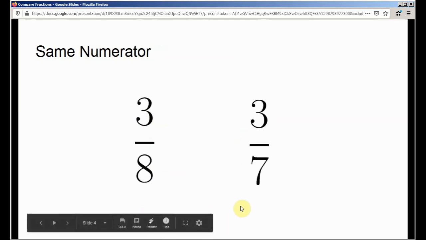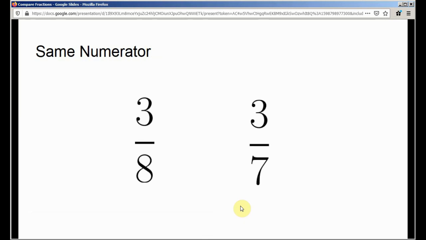Next, I have given another question asking you to compare these two fractions, and luckily these fractions already have the same numerator. So all I have to do is compare the denominators and see which one is greatest. By my rule 2, if your numerator is the same, all you have to do is compare the denominators. Whichever is smaller gives the greatest fraction. So 3 by 7 looks like the greatest one out of these two.